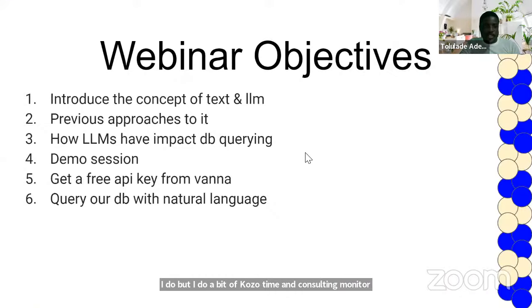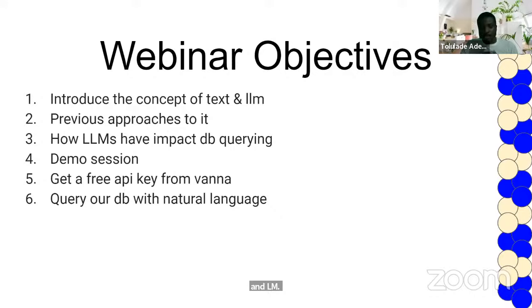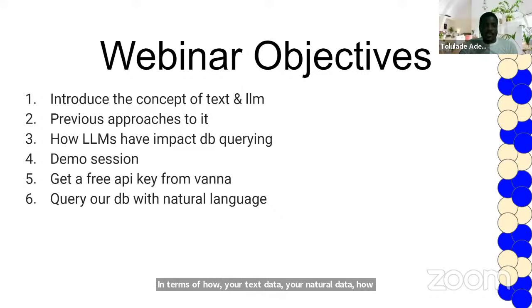So in today's session, the main objective is that I'm going to break down the concept of text and LLM, in terms of how your text data, your natural data, syncs together with a large language model. We'll take a look at previous approaches to retrieve time permit results.